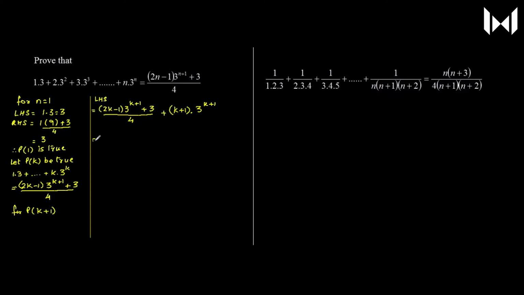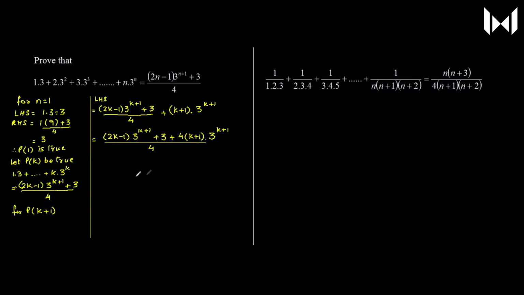Now we take the LCM, so we have the denominator as 4, this is 2k minus 1 into 3 raised to k plus 1 plus 3 plus 4 times k plus 1 into 3 raised to the